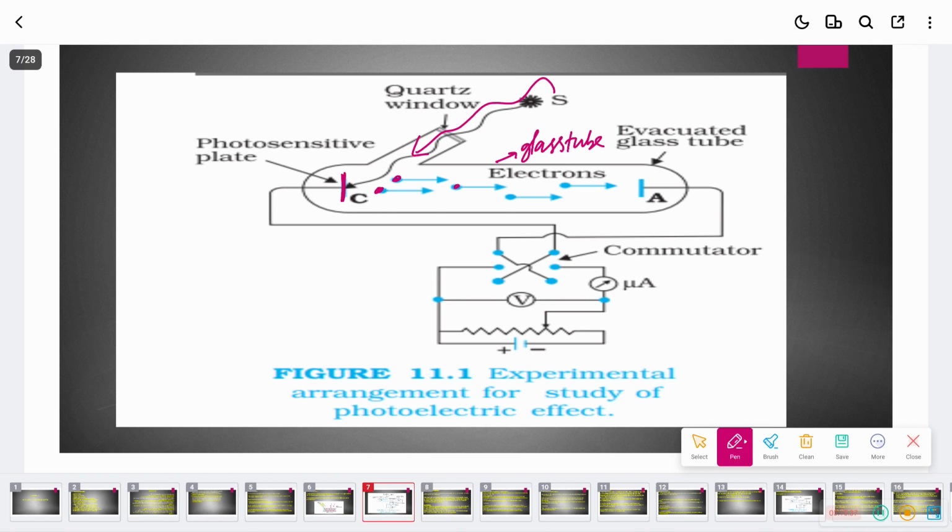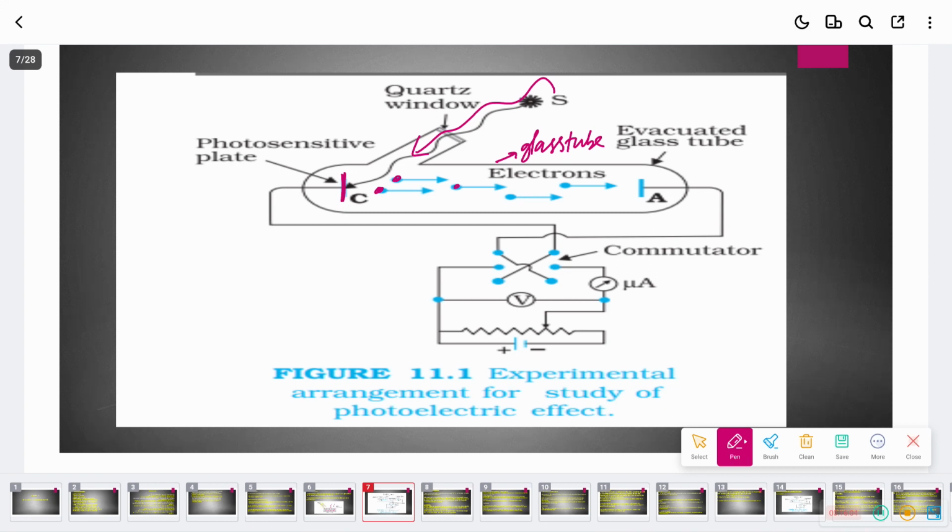Now next, listen. Glass tube, UV light is coming. This one is called the photosensitive plate, or basically the cathode. This is your A. A stands for anode. One more thing: in Tamil Nadu, what pronunciation do you use for cathode? Cathode. For anode? Anode. I am pronouncing it the same because my state is different now, Odisha. So if anything comes up, you just tell me, say in Tamil Nadu we pronounce it like this.